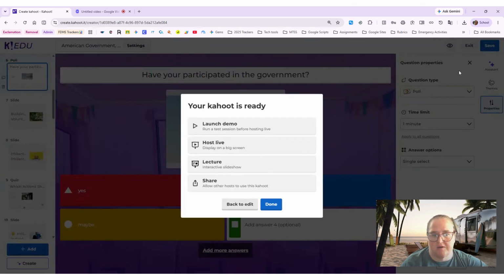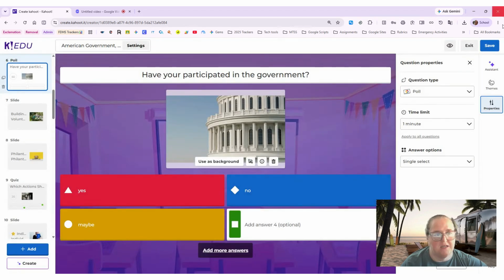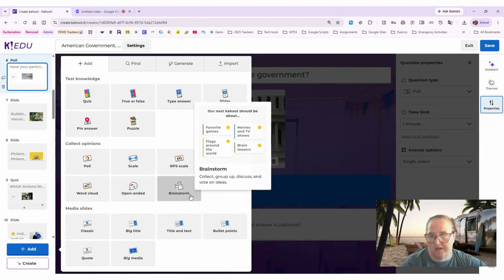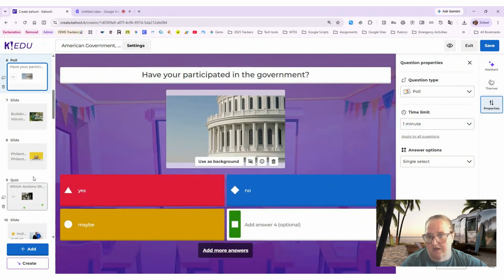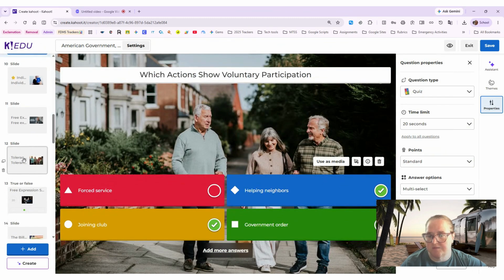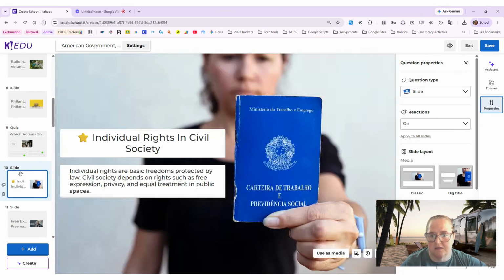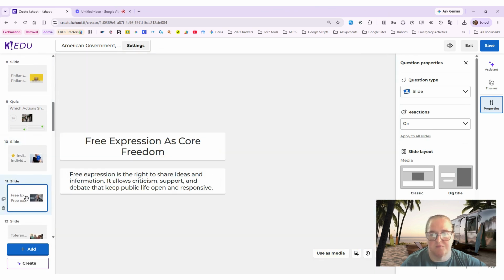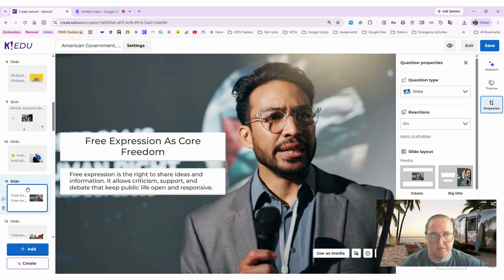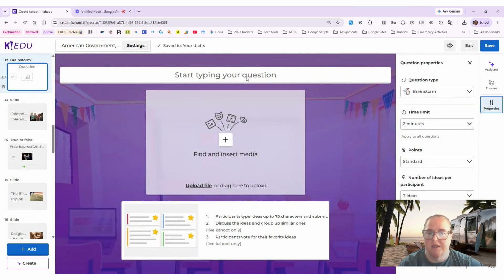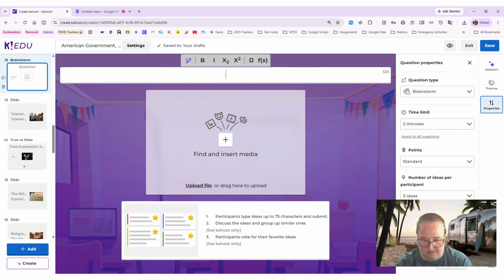Another type of question I might add, back to editing, is I can add a question that is open-ended or brainstorm. And I really like brainstorm for lectures, right? So let's brainstorm individual rights. Okay, let's brainstorm about freedom of expression as core to freedom. This is definitely something that's controversial on the limits of. So this could be a great topic for conversation. So I'm going to click brainstorm, and I'm going to put a question on here that says, what